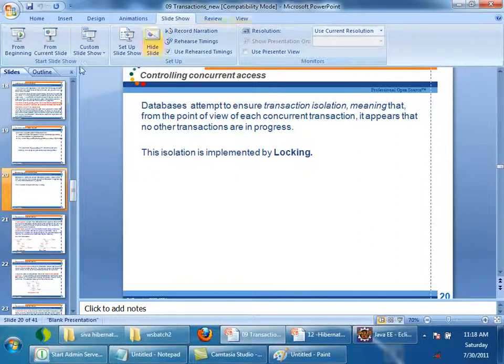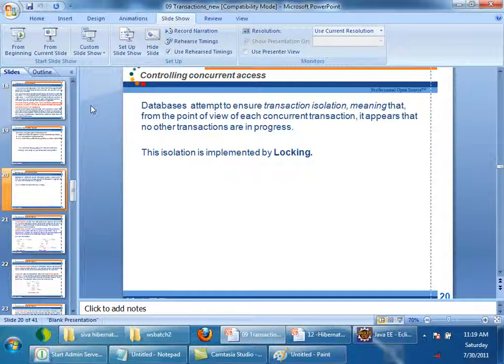What are the issues? Isolation. Whenever there are concurrency issues, we have to isolate each transaction. Each transaction has ACID properties, right? Atomicity, consistency, isolation, durability. So we have to make sure that each transaction is isolated from other transactions.